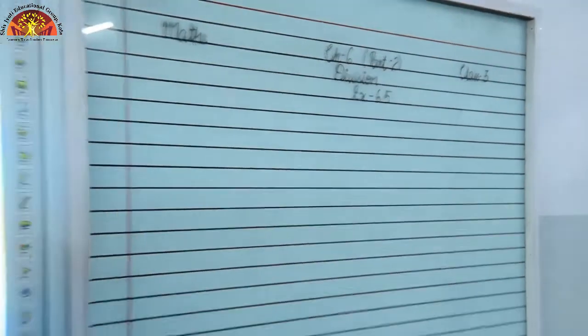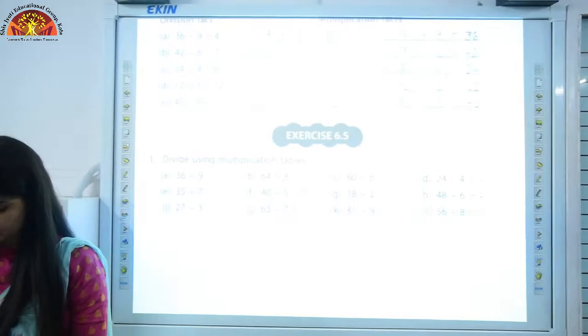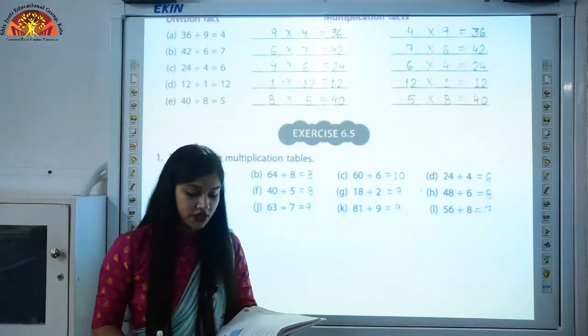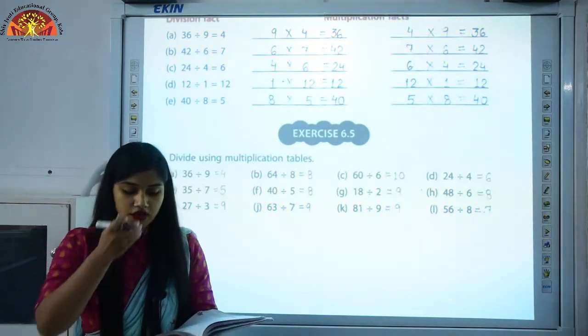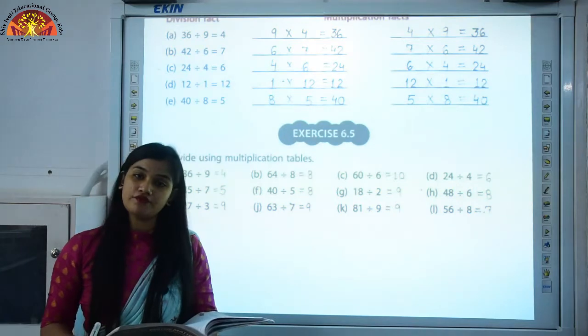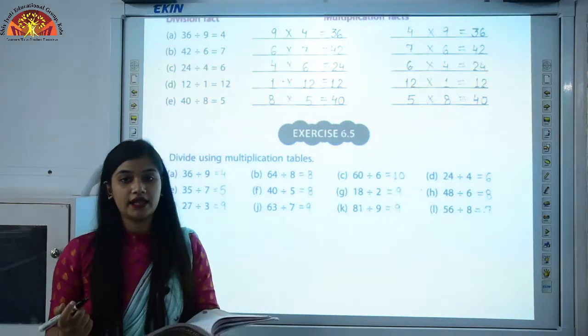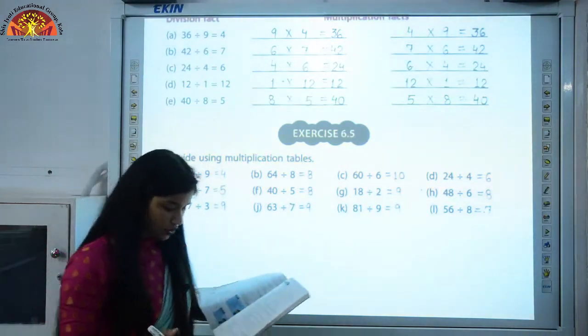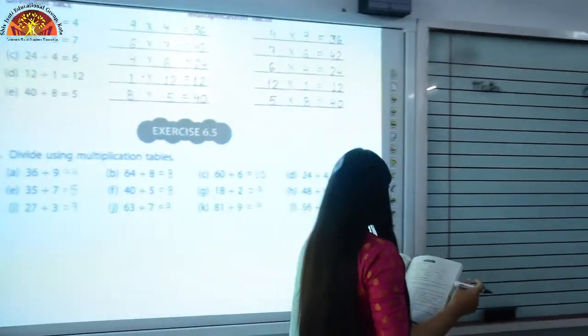Question number 2 in your book of exercise 6.5. So students, question number 2 is divide using long division method and check your answer. In this question we have to divide two numbers and then we have to check whether the answer is correct or not. So this is a copy work, students. So look here, question number 2